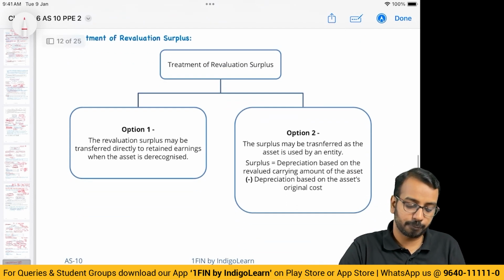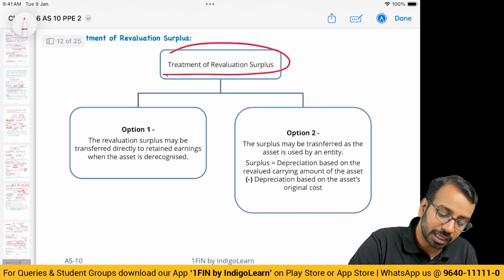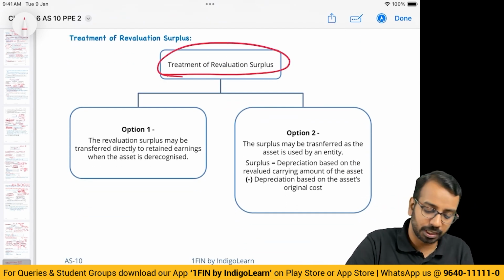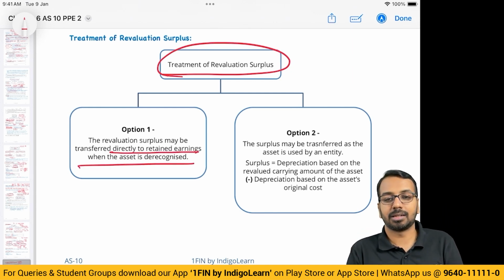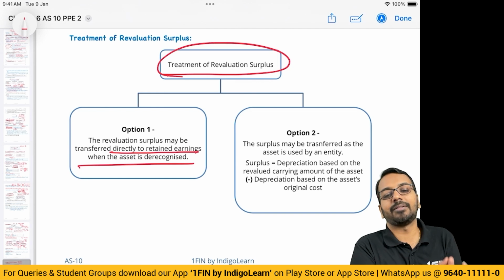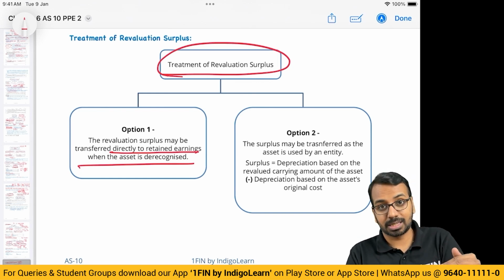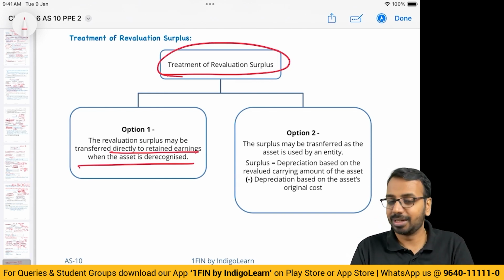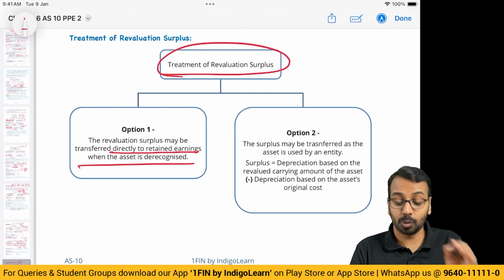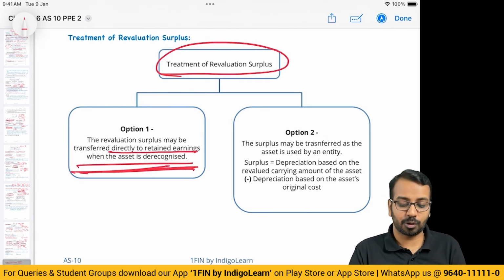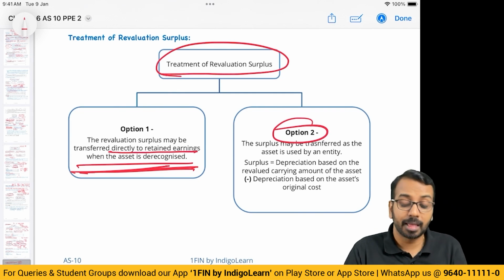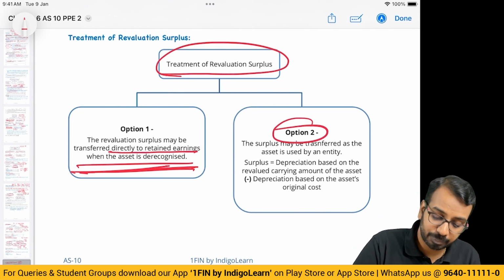Okay, no questions. Then, what do we do with the revaluation surplus? The first option is you will transfer it to retained earnings when the asset is derecognized. So whatever is accumulated in revaluation surplus, once the asset has been derecognized, once the asset has been sold, you will transfer that to retained earnings. That is the first option. What is the second option? The second option is what you can do is